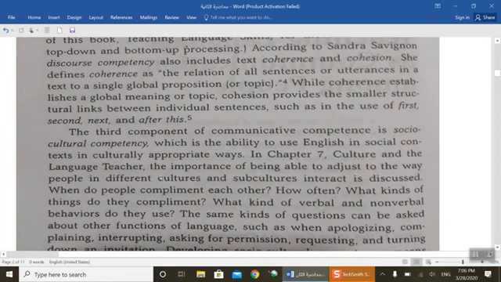This is very important. When we want to study, in general, any foreign language, we need to know about culture. Culture is important as far as language is concerned. So we need to know more and more about culture, not only about our own culture. For example, we as Arabic